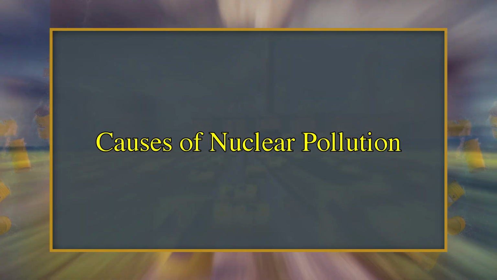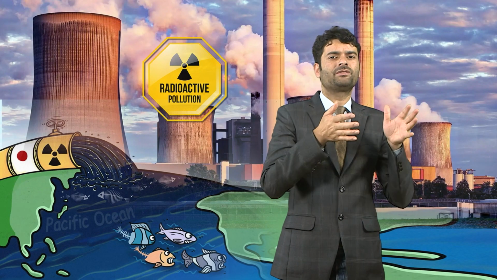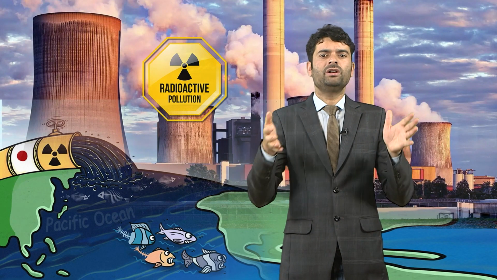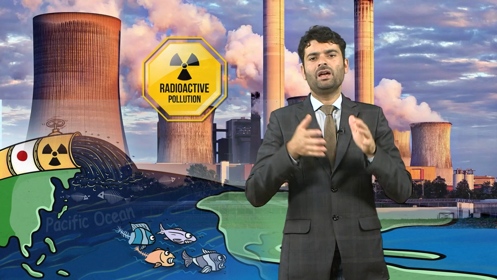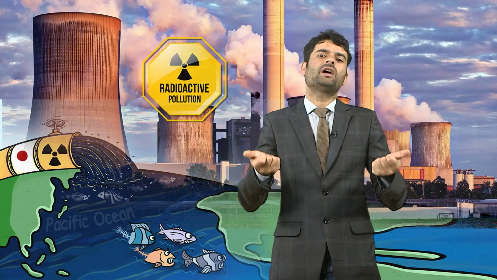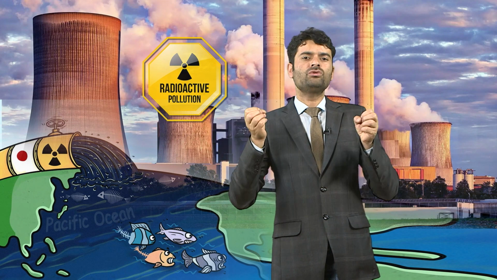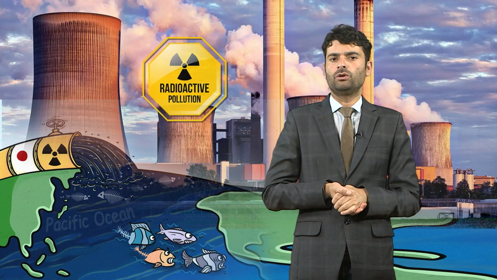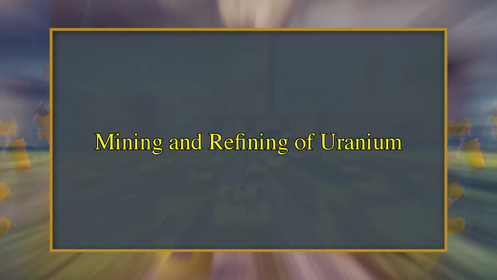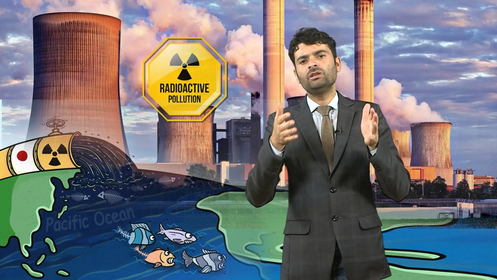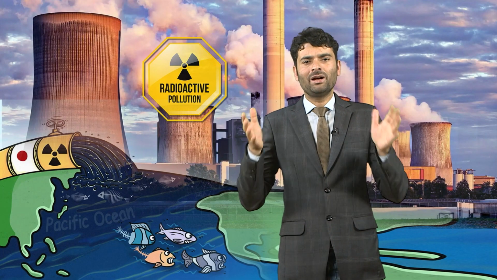Now, dear students, we will be talking about the causes of nuclear pollution. Nuclear waste and radiation pollution involve any processes that emanate radiation in the environment from a number of sources. The most common ones include: number first, mining and refining of uranium. After mining, the ore undergoes a milling process,